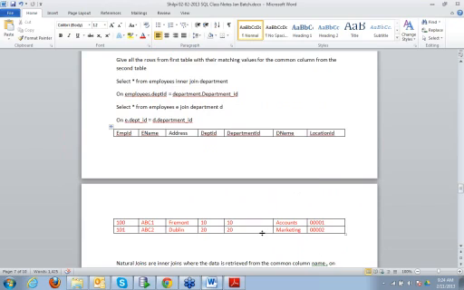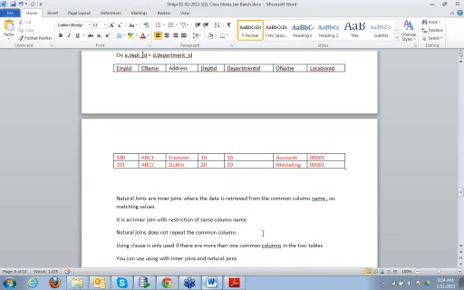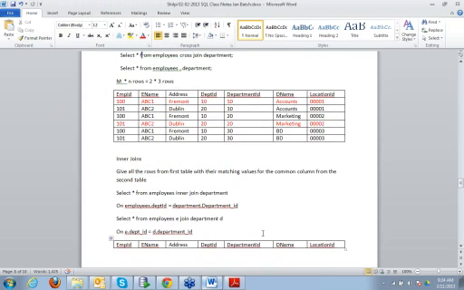Then we have inner joins. So what are inner joins? Inner joins are the joins which produce the matching rows from the two tables. So there should be a common column whenever we are creating an inner join, right? And on that particular column, whatever is the matching row, that is produced in the inner join.